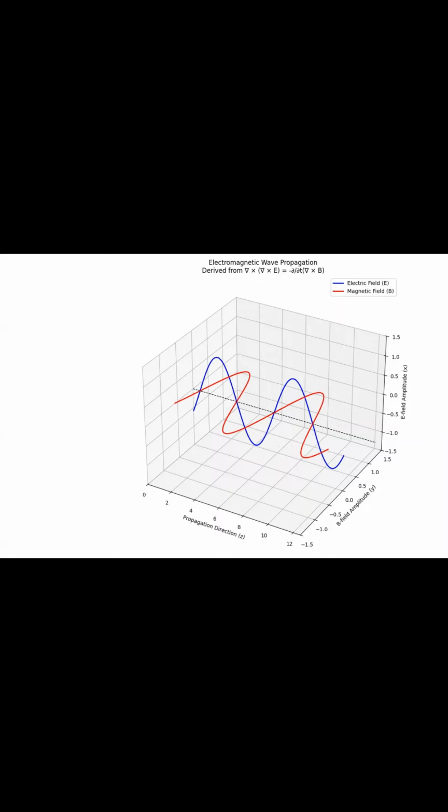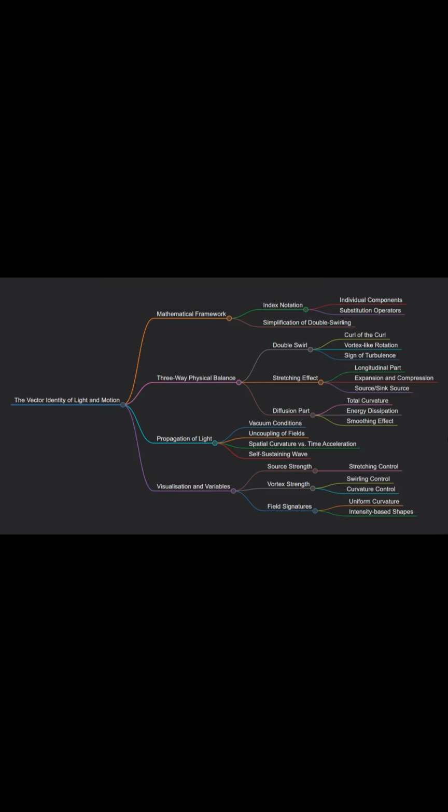The stretching effect, known as the longitudinal part: this measures how much a field is expanding outward or compressing inward at any given point. Imagine water suddenly appearing at a source and pushing outward in all directions. The diffusion part, also called total curvature: this measures how much a specific point in the field differs from the average of its immediate neighbors. This effect is usually associated with smoothing or dissipating energy, similar to how heat spreads out